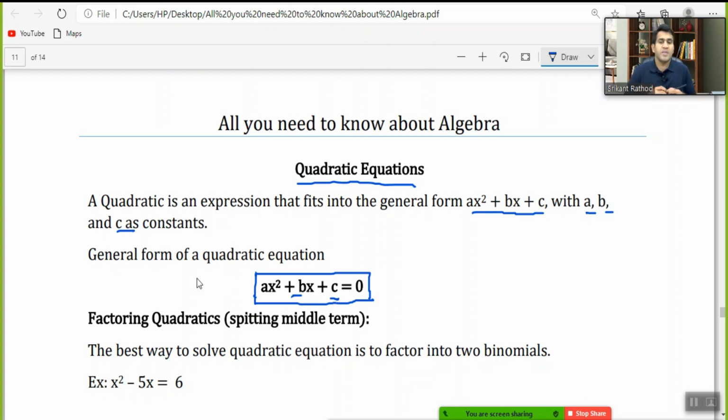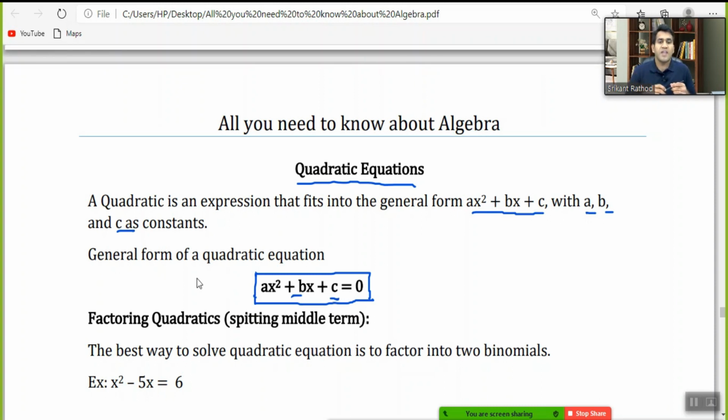So what does it mean? When you solve this kind of expression, you will get two values of x, as the highest power here is 2, and those two values of x are called the roots of the quadratic equation, or solutions to the quadratic equation, or zeros of the quadratic equation. So there are different ways to simplify and get the values of x, that is, to solve the quadratic equations.